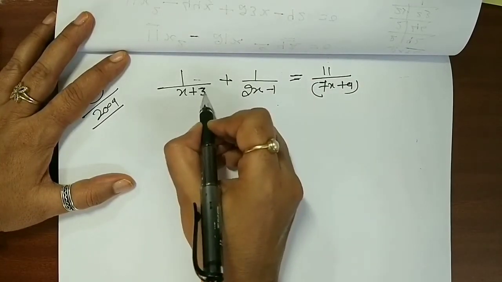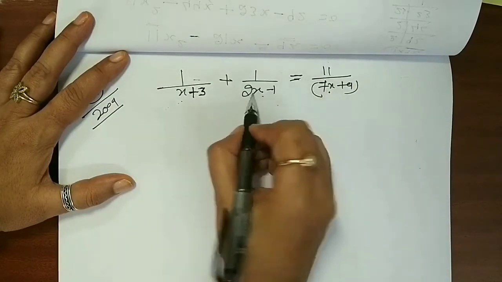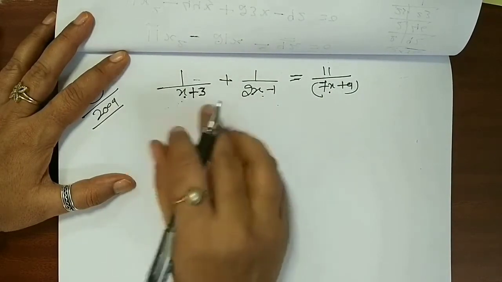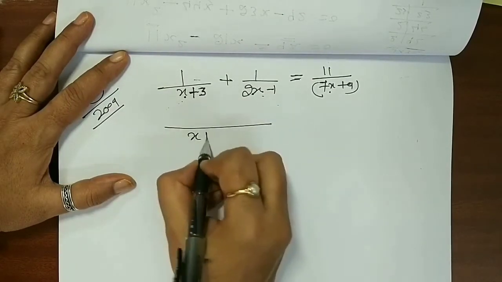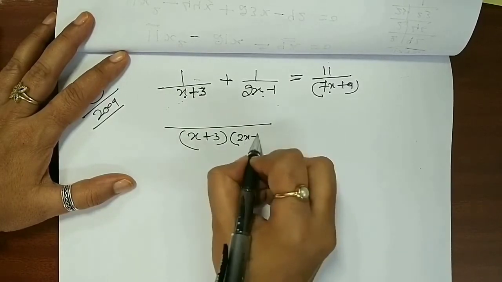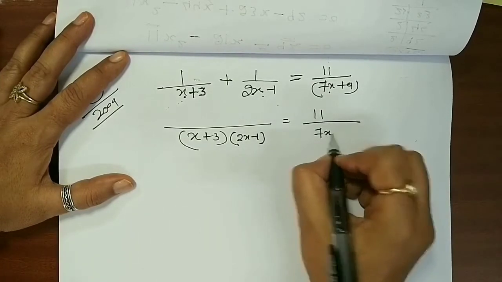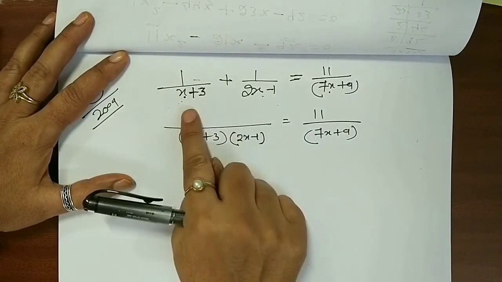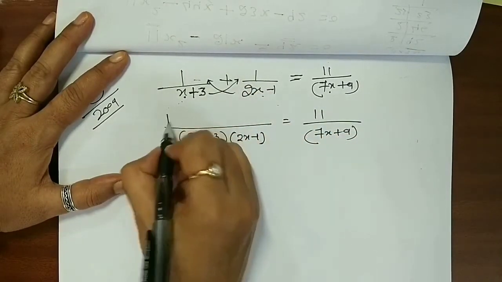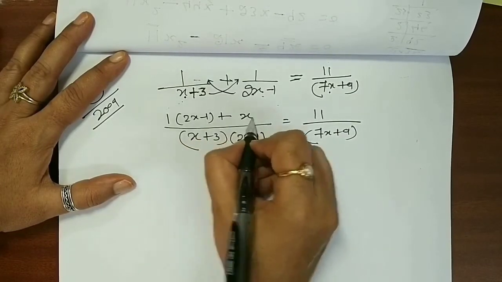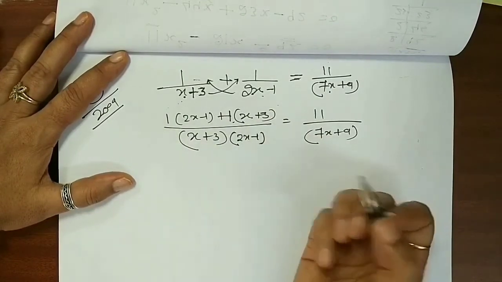So what I will do is, let me take LCM, because this side is also x, this side is also x, this side is also x. So to simplify, let me take these two first and LCM. So LCM is x plus 3, 2x minus 1 is equal to this. I am writing, just copying it. And how to solve it? This side, this is multiplied with this and this is with this. So it is 1 into 2x minus 1 plus x plus 3, 1 into. I hope you got it. Now we have to just simplify it.